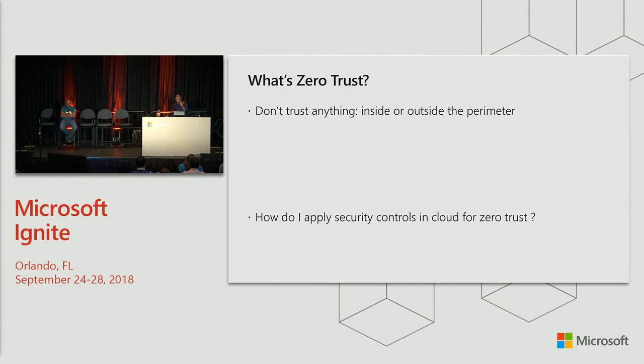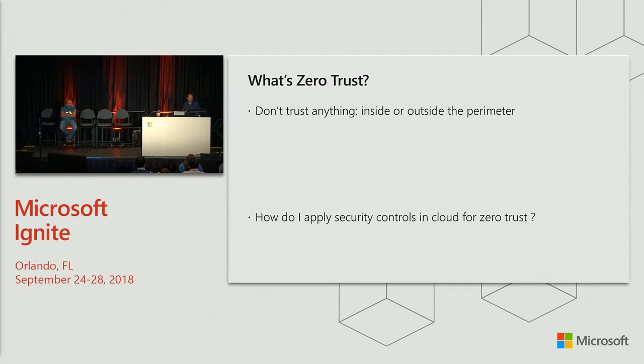So the zero trust concept has been around for a while. Basically, the idea is they're trying to tell you don't trust anything, right? The old idea of the perimeter is the only place where you put security is kind of gone. You want to make sure that you're securing everything inside and outside. For example, in my company, me as a product manager, I cannot touch any of engineering servers. Our networks are internally completely segmented, where as a user, for product management, I cannot touch engineering servers unless I'm